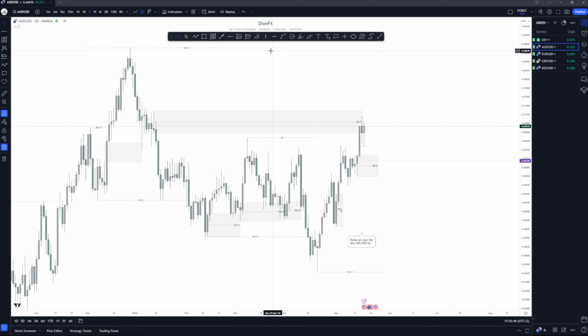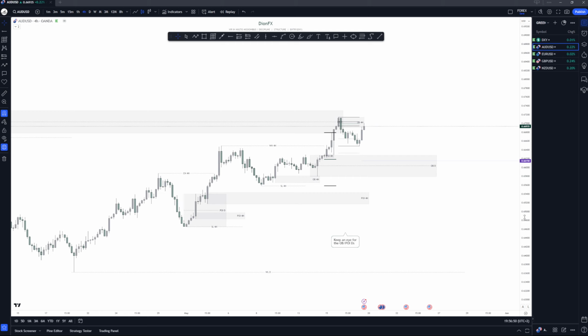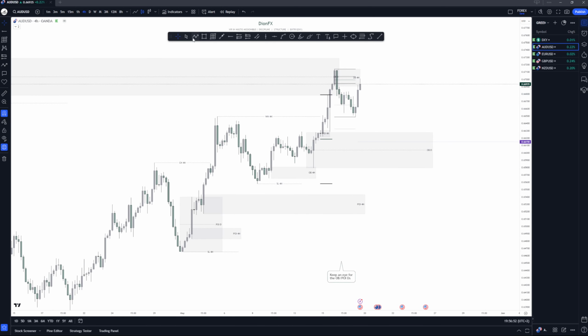Okay, that's what I want to see. On the 4-hour time frame, price is still kind of bullish. If you want some confirmation entries, then you have to wait for price to take out this low, and then from there you can expect some pullback and then you drop it to the downside.